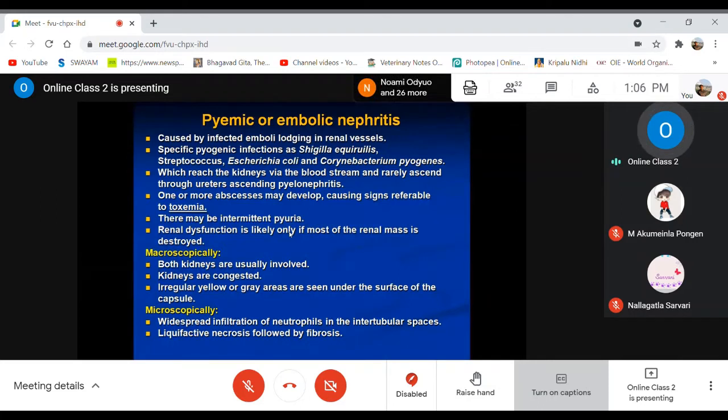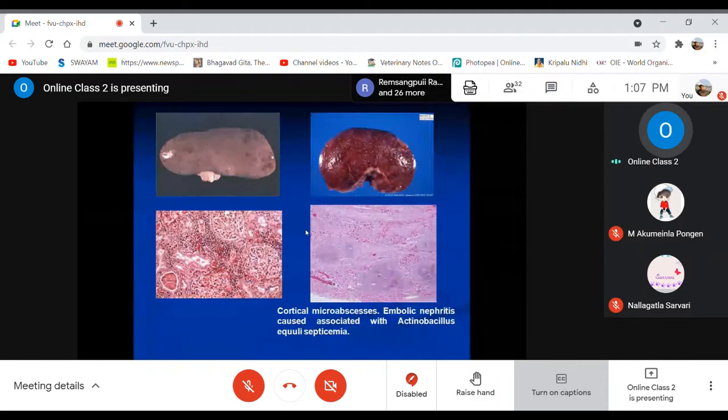Those parts may show these abscesses, and they are also congested, and some irregular yellow or gray areas may be seen under the surface of the renal capsule. Let me show you a photograph here. Some focal grayish white areas on the renal cortex may be affected. If you make a section, you may find this suppurative type of inflammation,